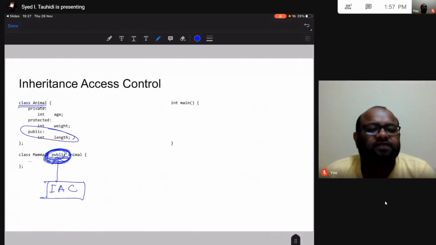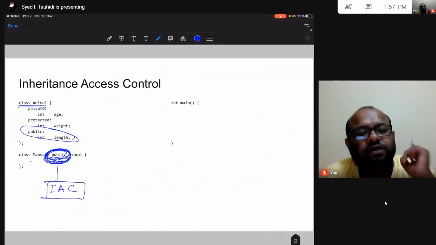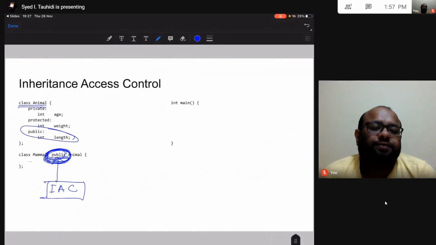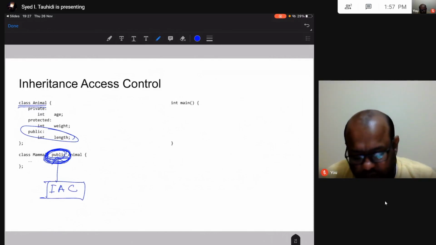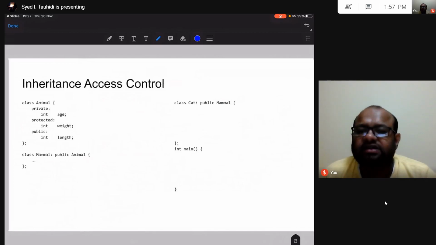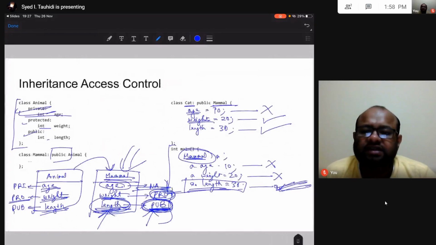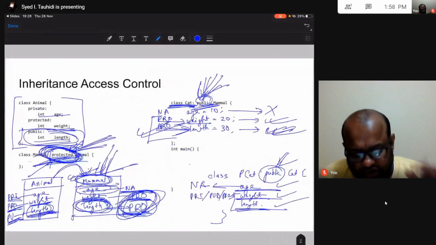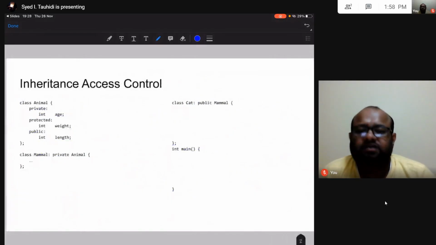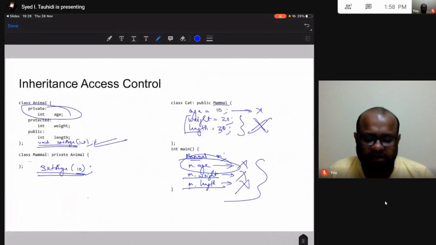When doing inheritance, what is the significance of this particular keyword? All right, so this is what we did. We looked at public inheritance. Then we saw protected inheritance. Finally we saw private inheritance. And then we did a summary of inheritance access control.